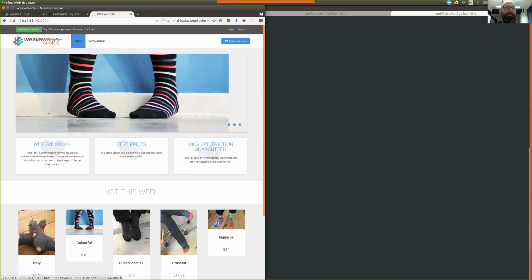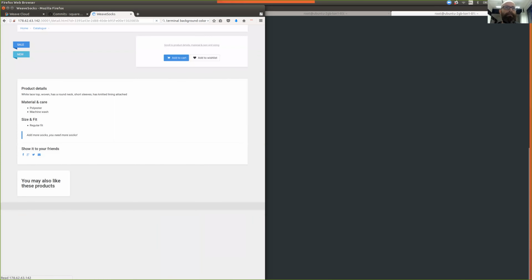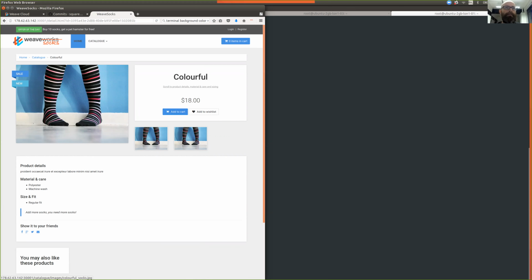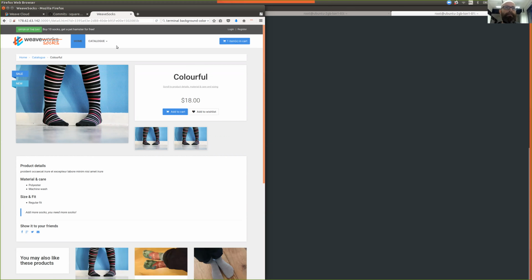So it's actually fully functional and quite good for using in demos because you can do all this sort of stuff, add it to a cart, one item in cart, that sort of stuff. Anyway, that's not really that important right now. What I wanted to show you was,